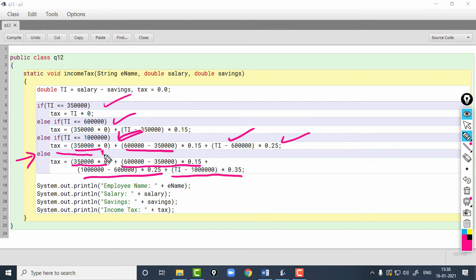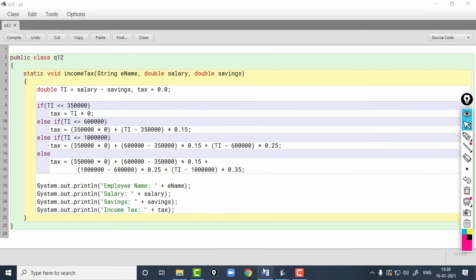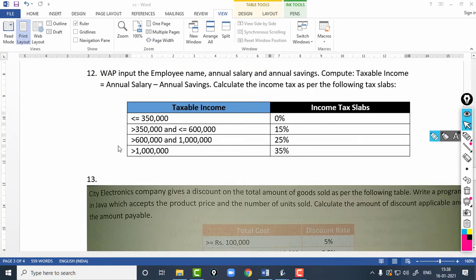So, the first slab, you know that it is 3,50,000 into 0. The second slab is 6 lakhs minus 3,50,000. I have already explained this. So, upon this you will apply 15%, and the third slab is 10 lakhs minus 6 lakhs, which will give you 4 lakhs. So, upon the 4 lakh amount you will apply 25%.